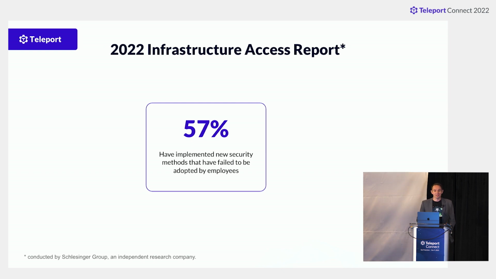Here's another industry stat: 57% of organizations that were surveyed in that report said that they have adopted a security solution, but it didn't gain traction with their employees. Think about what it actually means. It means you have a multi-tenant building, and you put a new door in that building, but 57% of tenants are not using that door. What does it mean? It means there is not a door. It's a backdooring situation, and you need to be aware of it.